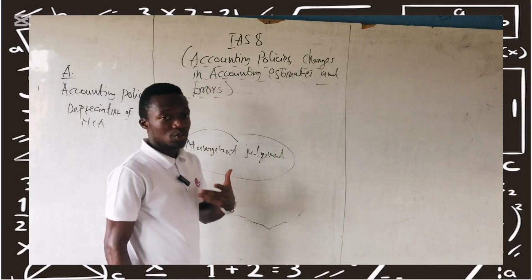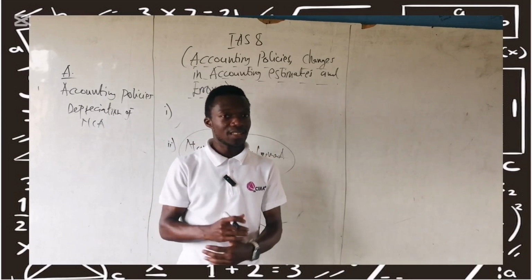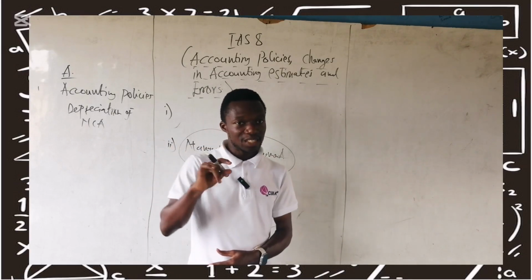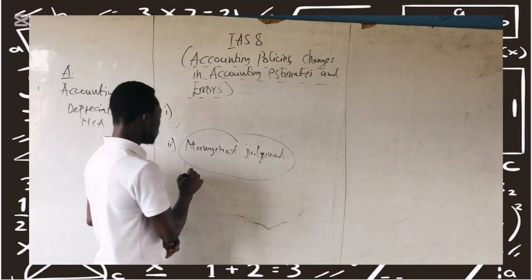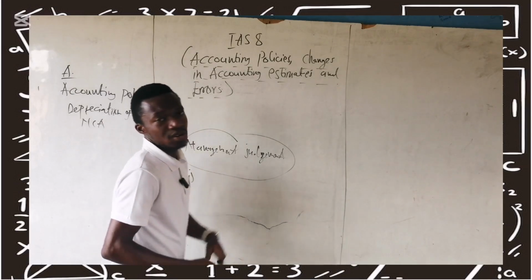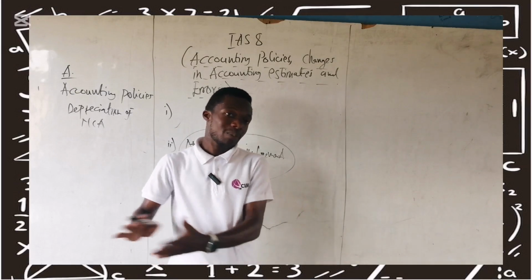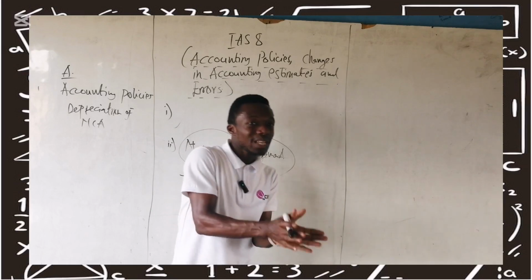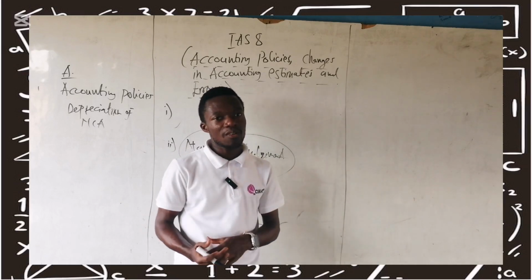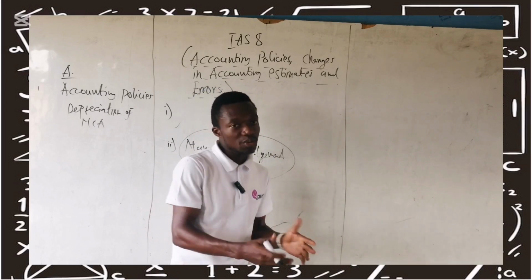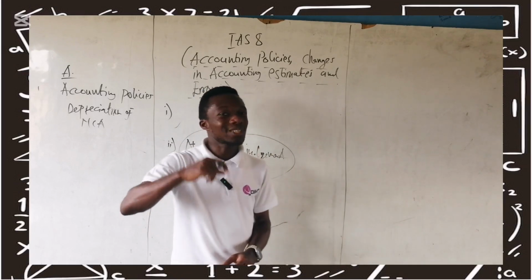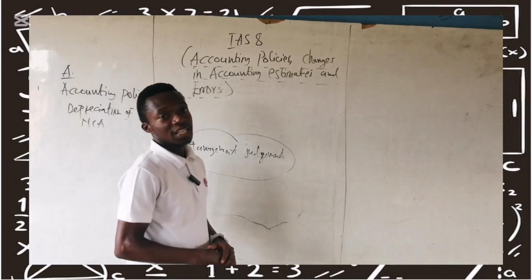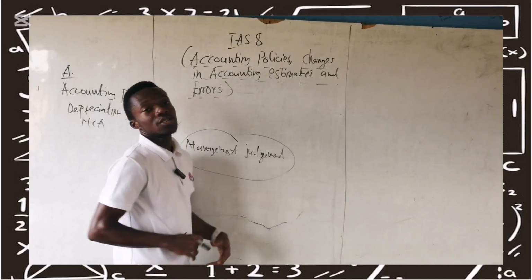So when it comes to management using their judgment, these are the things that we're supposed to understand. In management using their judgment, we are saying that management first has to refer to how similar standards will deal with that particular event or transaction. The way a standard deals with a similar event or transaction, management has to look out for that and then come out with something to deal with that particular event. So if there was a standard, how it would have treated that particular event or transaction, that is what management first has to adopt when it comes to using management judgment.